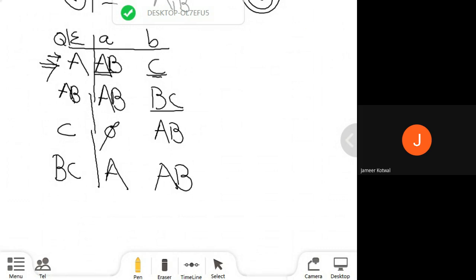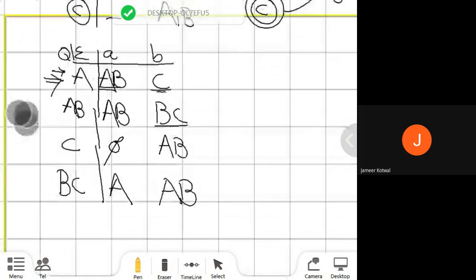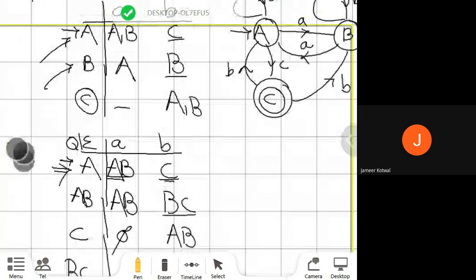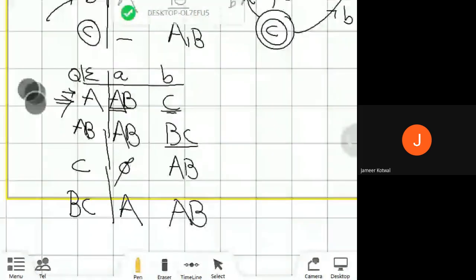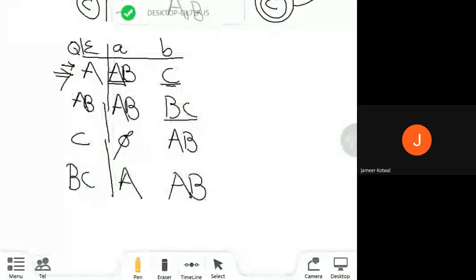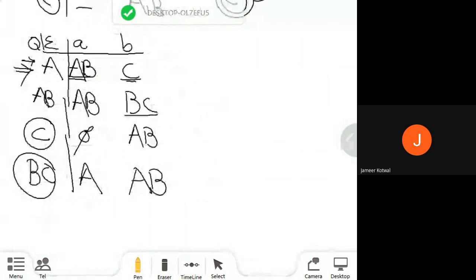Fine. So finally, we have got a DFA. This will be the initial state. In the NFA, what is the final state? The final state is C. So in the DFA, you are going to check the subsets. Here C will come, and C is there with B also, so this will also be a final state. Fine. And now draw the DFA. So how many states have we got in the DFA? We have got A, we have got AB, next one BC.